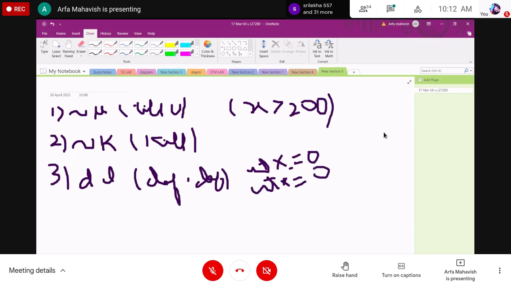In this section we are defining the same variable twice. If you define a variable twice in the program, it is called an error statement, and it comes under the error section.